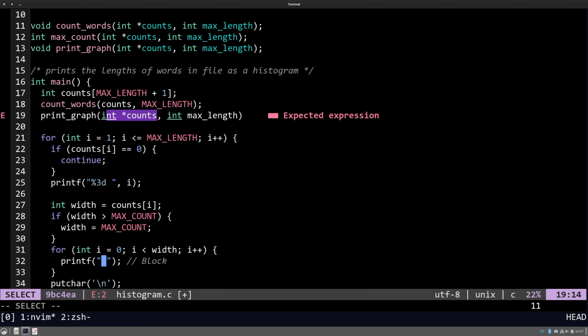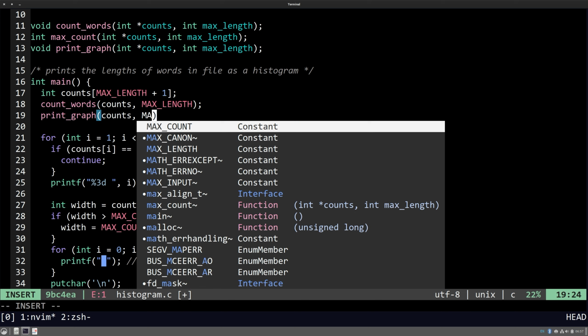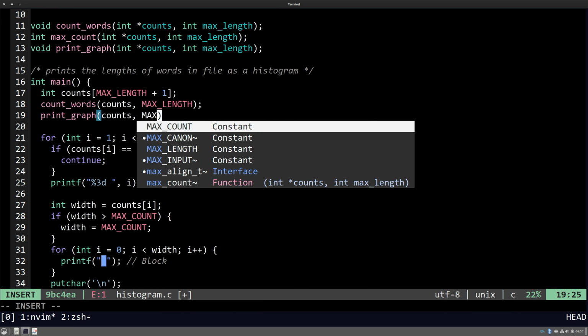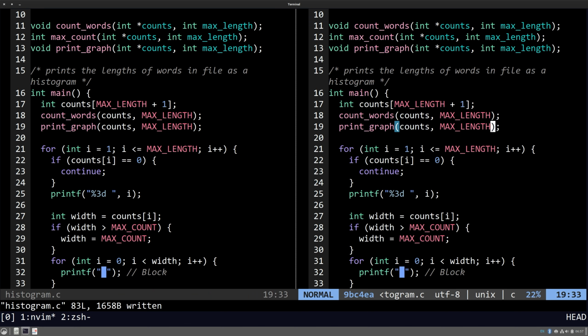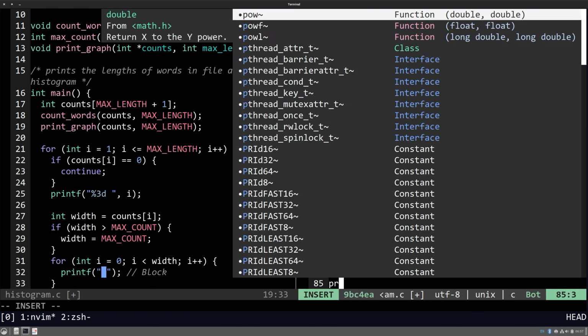Print graph counts and max length. And then with print graph